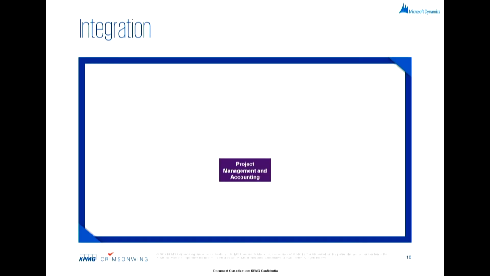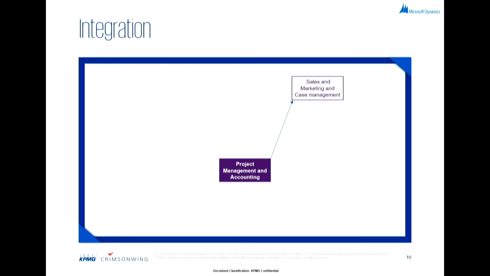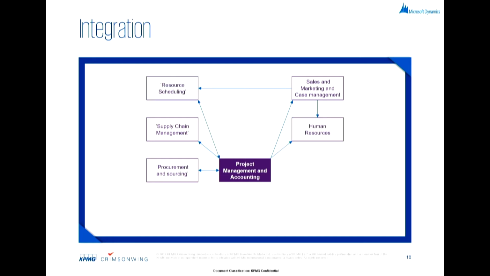If you look at the integration aspect, the PMA module is not standalone. It has various touch points to the other modules within the system. For example, it uses the sales and marketing module for the CRM activities, the procurement and supply chain module for sourcing goods, services, and raw material, and human resources and resource scheduling to get the right people at the right time, expense management to handle the reimbursement of the project expenses, and payroll to pay the wages and salaries,